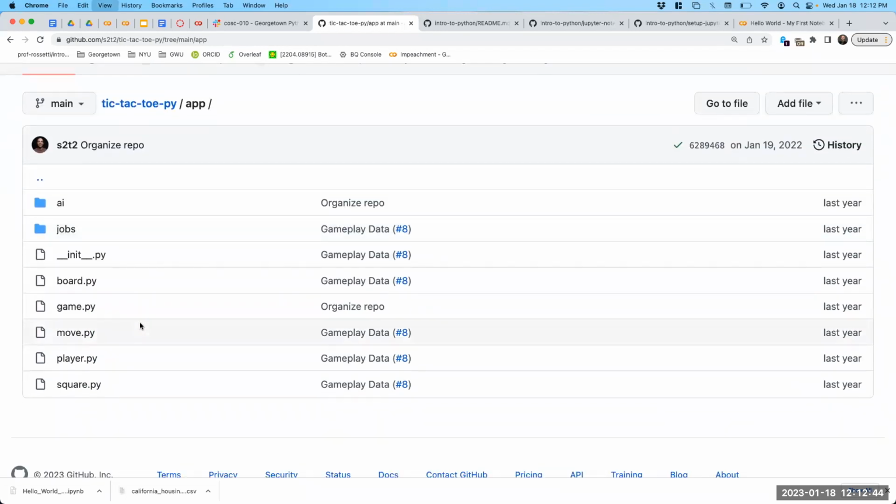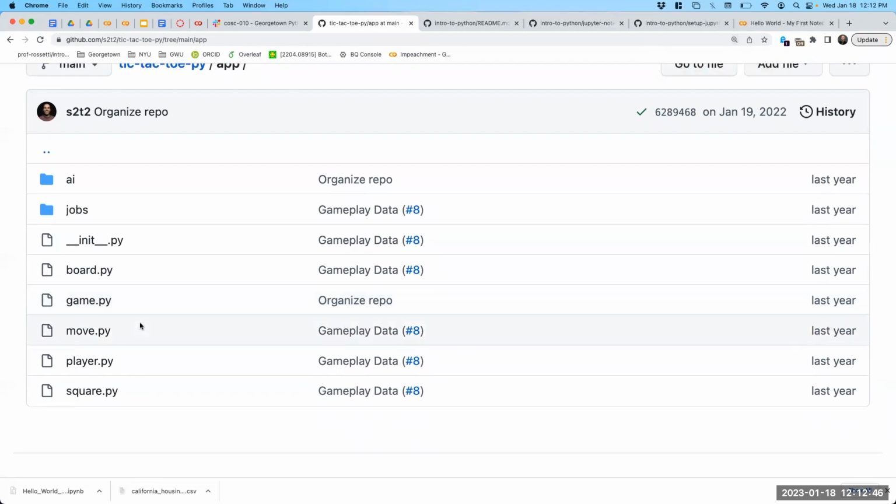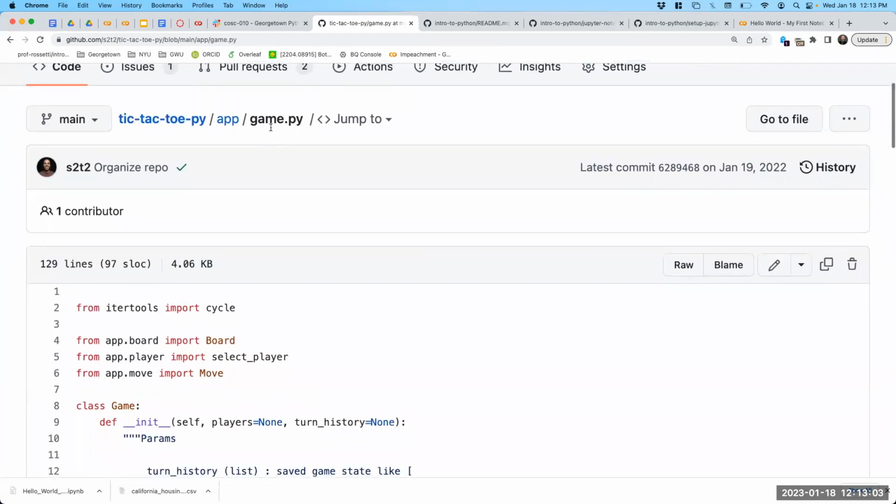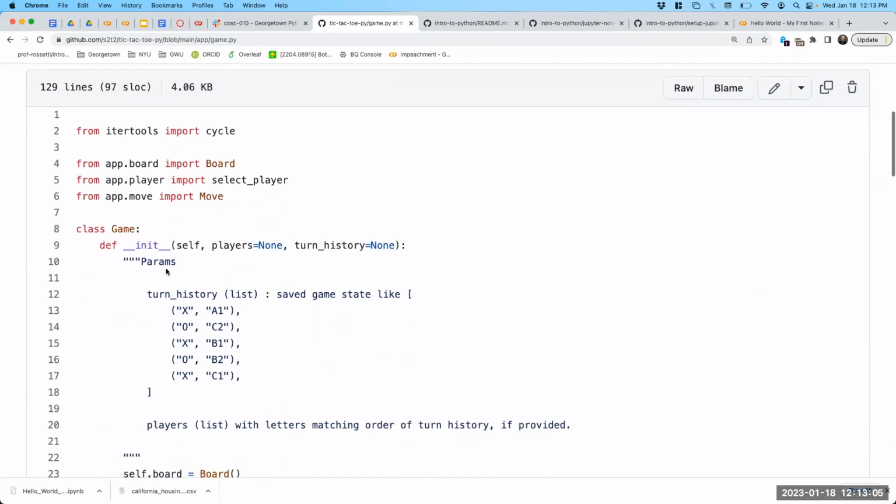So when our apps start to get more complex, it may be necessary to take them locally. Maybe we've reached the limits of what we can do in Colab. And as you work on more complex apps, it's most likely that you'll be working with a GitHub repository with many Python files, like this game file that I wrote to play a game of Tic Tac Toe. So the way that this works in 2 minutes, I guess, is